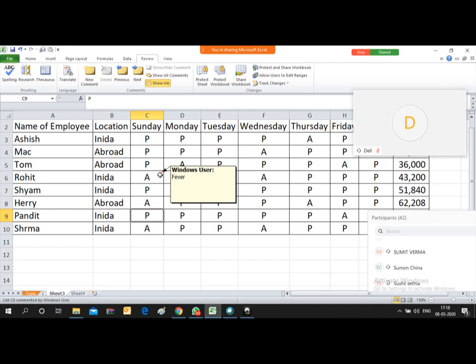In the practical field, suppose you have derived some variances in your monthly trial, and if there is a large variance, you can write against that variance in that cell a comment that because of such and such reason, such a high variance is there. It's up to your choice.